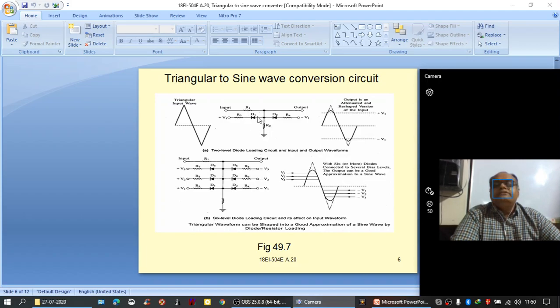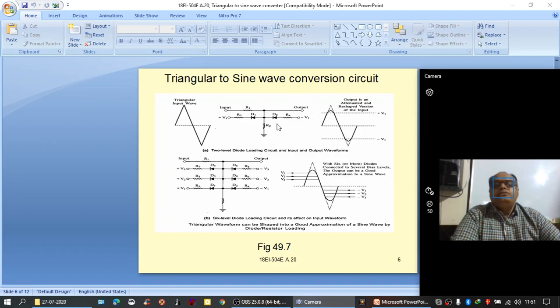When diode D1 stops conducting, then the output voltage simply follows the input voltage. From here afterwards, on the negative going ramp of the triangular wave, the output simply follows the input,